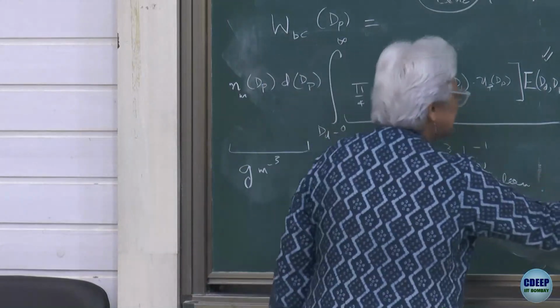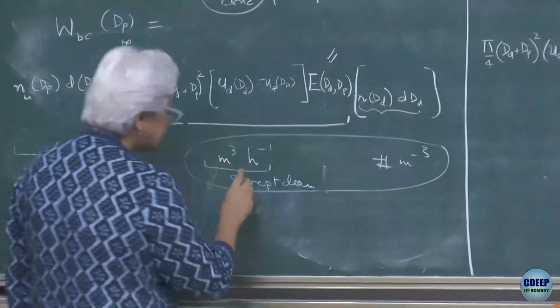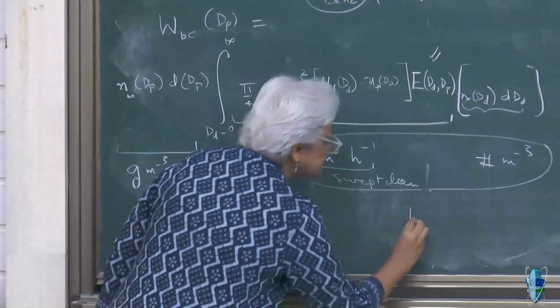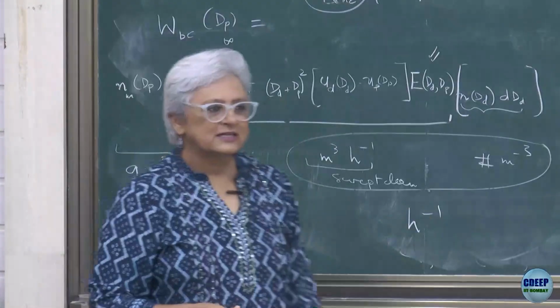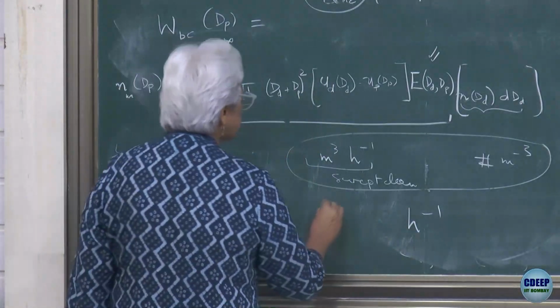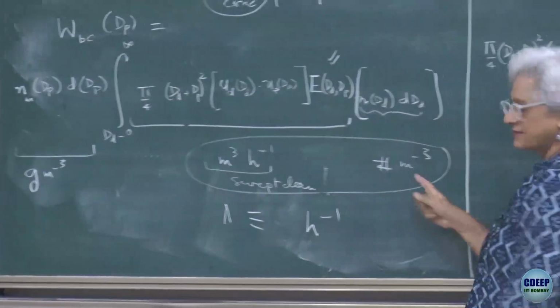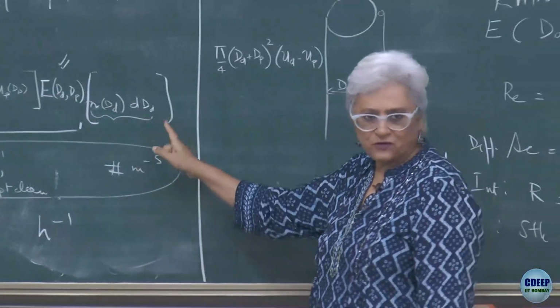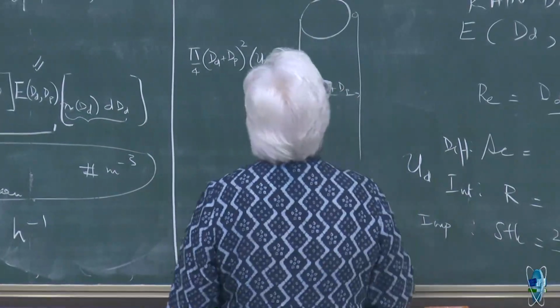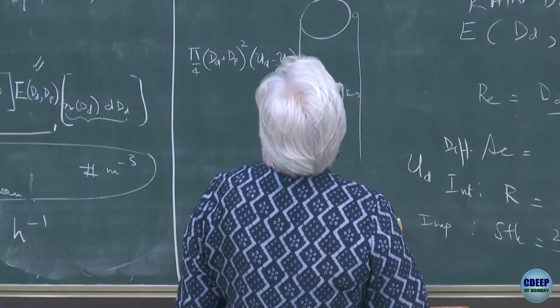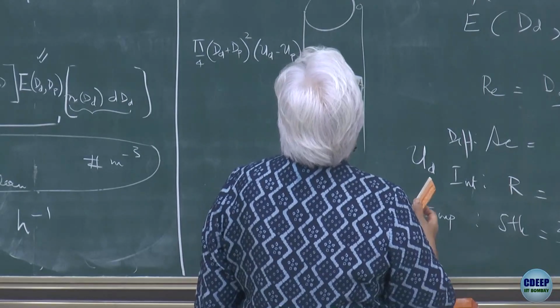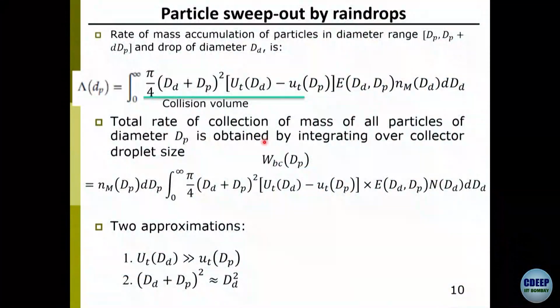So these two together is what gives me the hour inverse, which is what I was trying to get to, the original scavenging coefficient. All of this together gives me the scavenging coefficient. I think if we put it up, then we get a better idea of what that slide is saying. But that slide is essentially trying to say this,